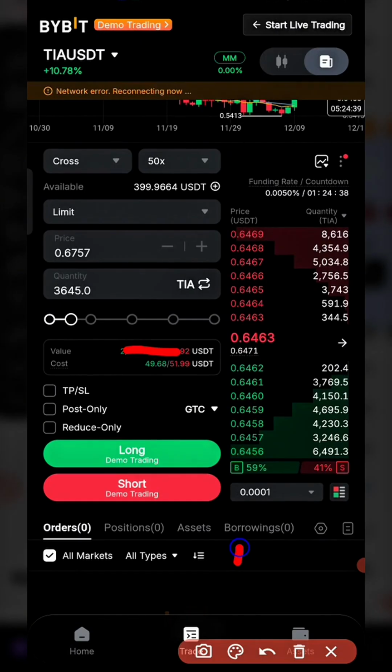50 times 6 means you are risking 300% of your money, which means your money will go down anyway. That means you are risking 300% of the what? $50. So since it's 300% of the $50 you are risking,